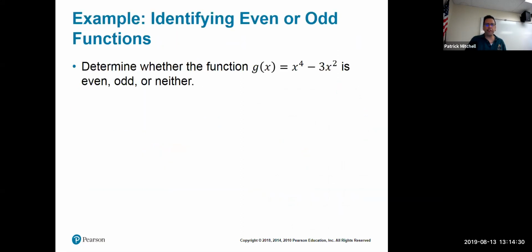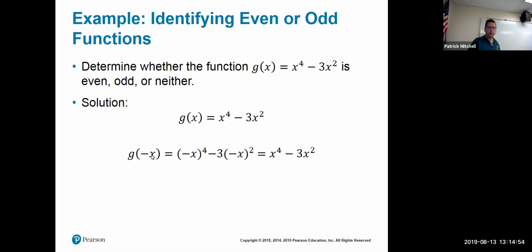Okay, so the first example, we're going to determine whether this function, g of x equals x to the fourth minus 3x squared, is even, odd, or neither. So here's how you do that. You always start by replacing x with opposite x. So that's what I have done here. Okay. So when I replace x with opposite x, I have opposite x to the fourth minus 3 times opposite